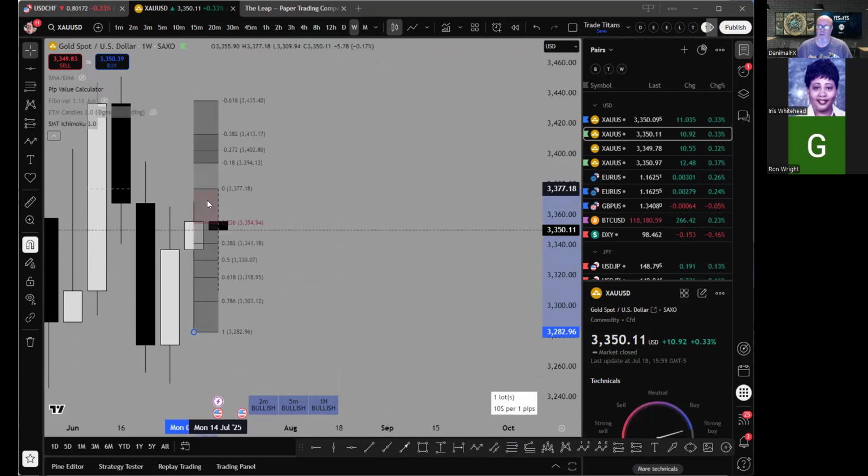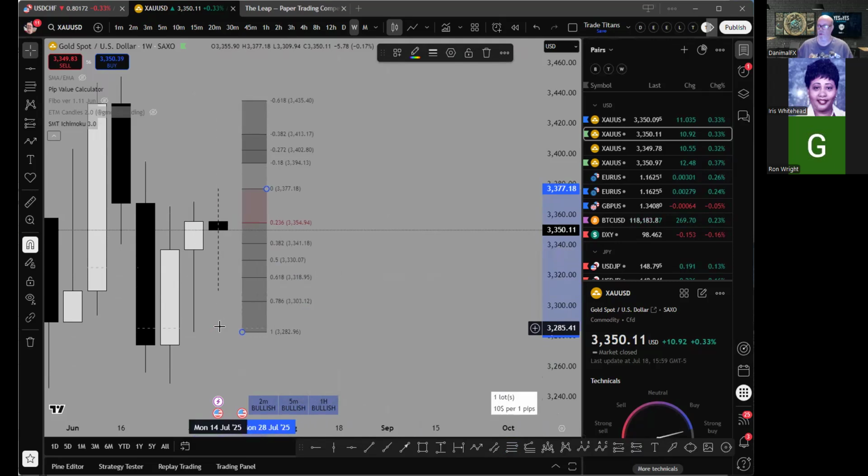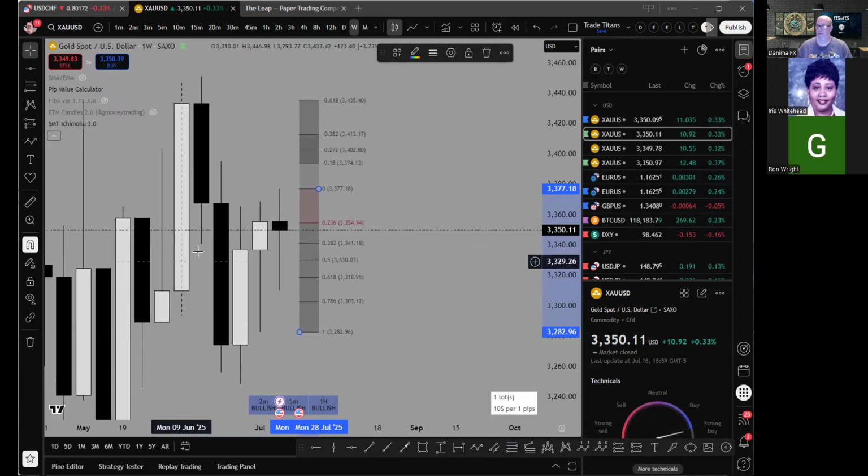And we stretch it out just a little bit. That's where the opening is, right at the 236. So really, there's no difference between what he fibbed and what I fibbed. And it ends up being the same. Now, if we put them side by side again,